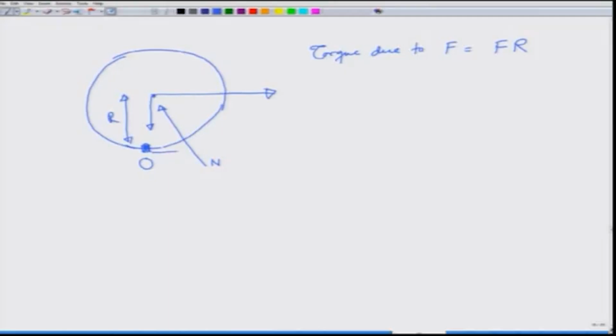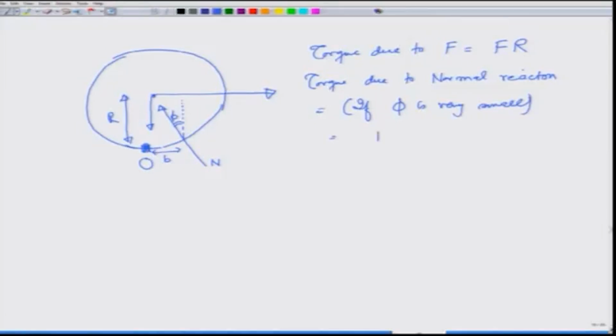Let us say this normal reaction acts at a distance B, this angle is phi, then the torque due to normal reaction is equal to, N is almost vertical if phi is very small, then this is going to be N cosine phi times B, which is roughly equal to NB,